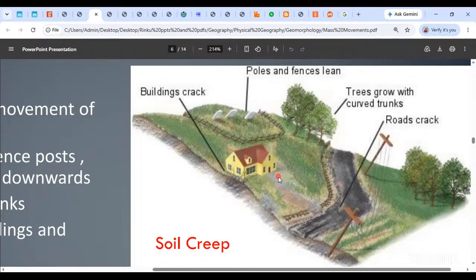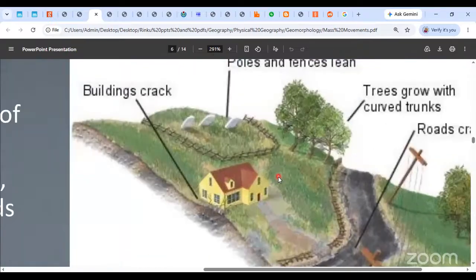Since we cannot see the soil moving downwards as human beings, what we can see is the effect of that movement on the rest of the landforms. These electric poles should ideally be vertically straight, but they usually curve a little outward. Fences also curve a little outward. The roots of the trees are a little bent. The walls of the houses, because of the pressure of the soil coming down on it, start to crack. You can clearly see cracks on the walls of the houses or any other permanent structures. This movement happens over at least 40 to 50 years, but you can clearly see these effects.